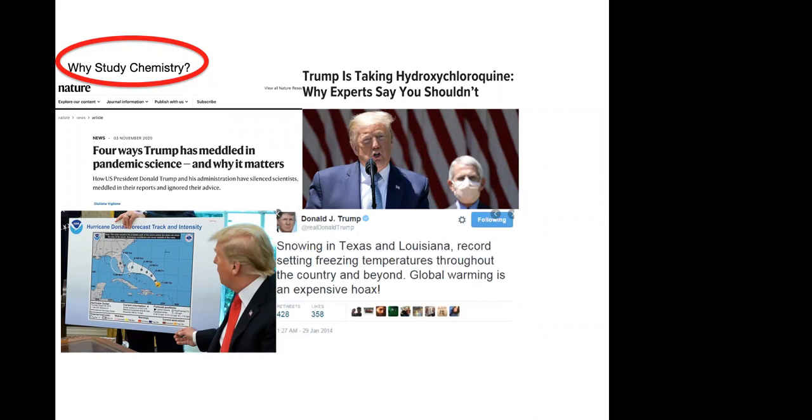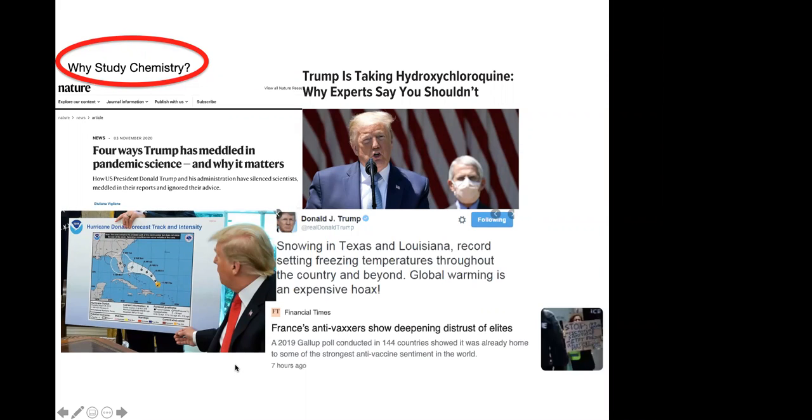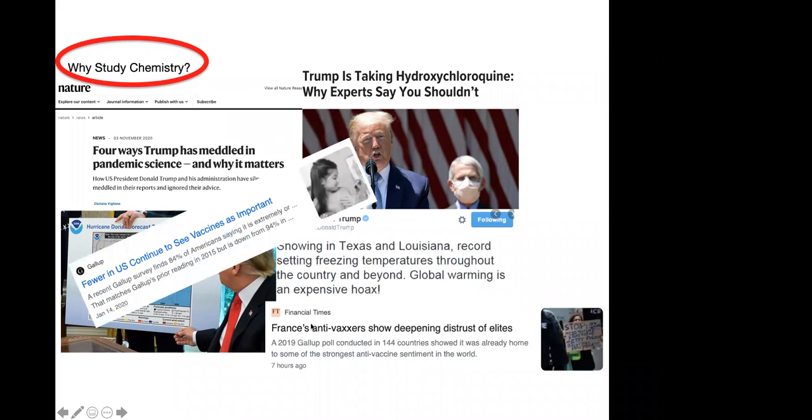And it's not just in the United States. If we look at France, there's an anti-vaccine movement. If we look within the US, same kind of thing. So my point being is that my entire lifetime, I've never thought it more important to be scientifically literate. That's the world we're living in right now. And I want to make sure that that's a priority for us. Now, where this connects to chemistry,